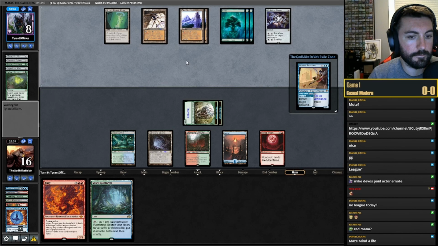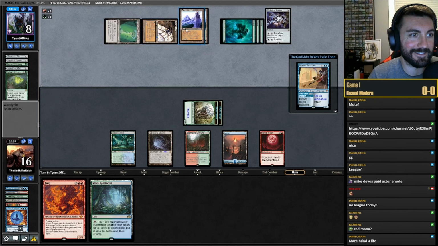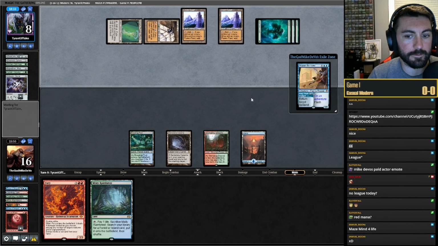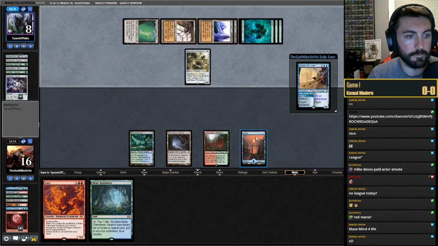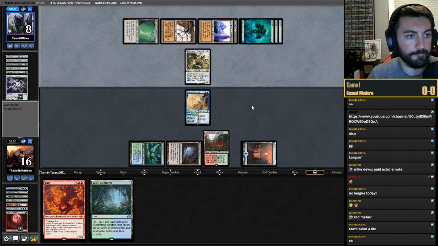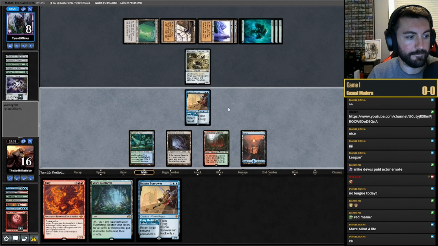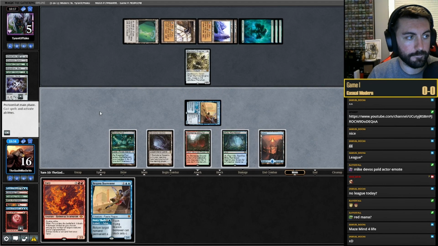Are they going to end turn it? No, they almost did it. So we can end turn Borrower now. But obviously they're going to have Worm Coil. Oh my god, we drew it. I don't think it matters though. So if they have something disgusting...